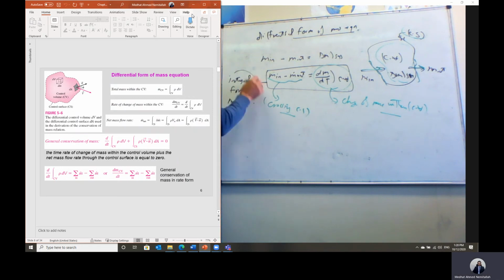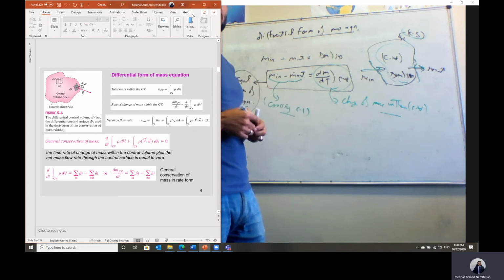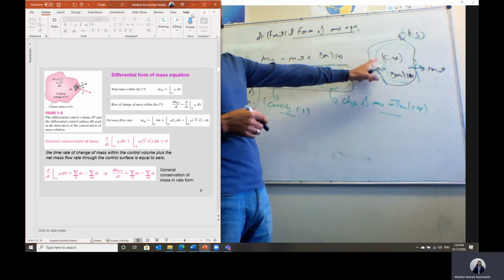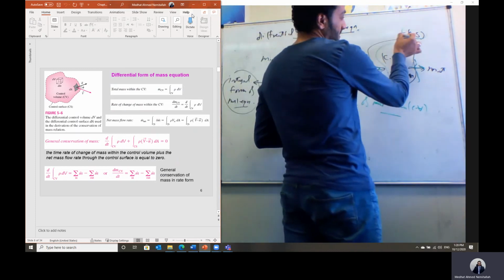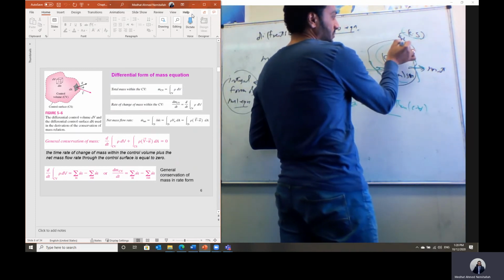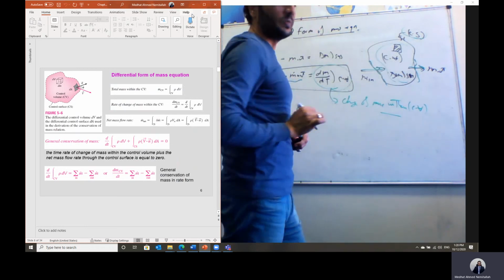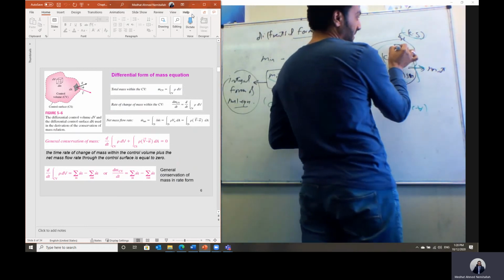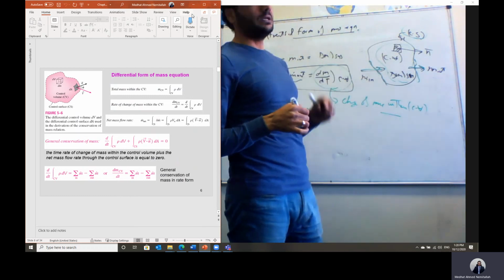And how can we develop this integral form from the differential form? Developing the differential form means we have an open system, and we have to take an element and then we can do the integration. Then from this differential form, we can get the integral form. Let's say this is the control surface. We can consider a small, infinitesimal element from the area of the control surface. This element has an area vector normal to it.